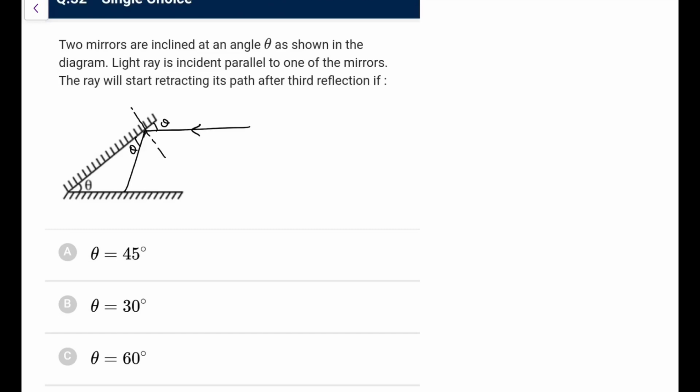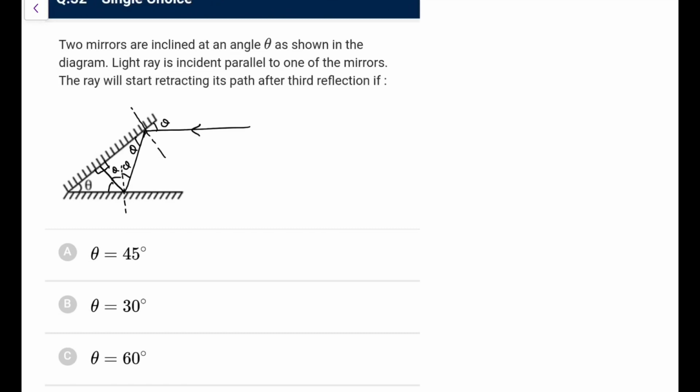This would be at an angle theta here. So if I do this, this angle is theta that is being given to you, and now this would be the second reflection that we would be talking about, and the third one will be like this, and we know this angle would be 90. Because this angle would be 90, I can make it out, this is 90 minus theta, so this will be theta, you can make it out. So this angle is going to be theta, and that is one more thing that you have.